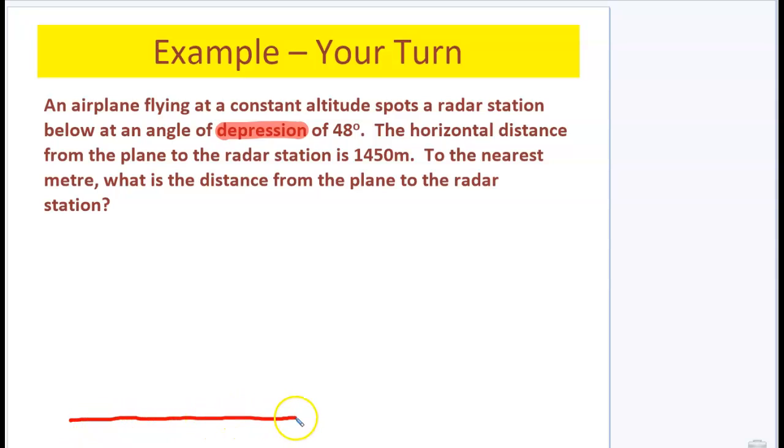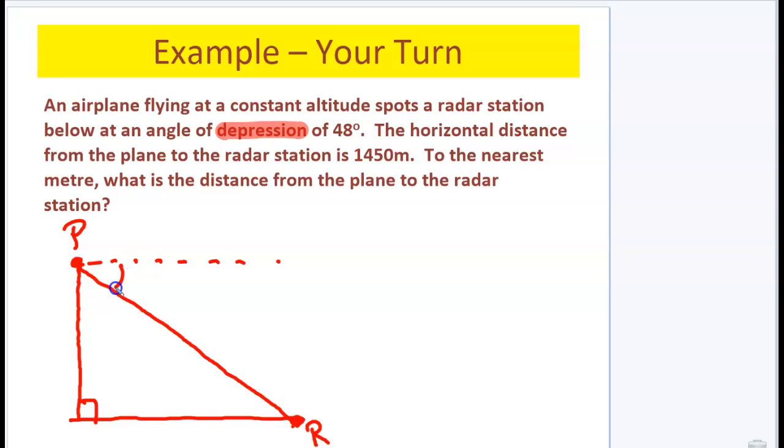So we have to go through our situation. Actually, we'll just do this first. Here's our plane up here, and it says it's flying at a constant altitude. And it says it spots a radar station below at an angle of depression. So here's our radar station. Now the angle of incline was always with the horizontal, so too is the angle of depression. So from the plane, if we went straight out and then came down,